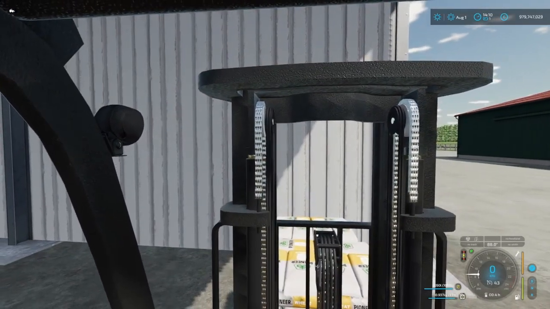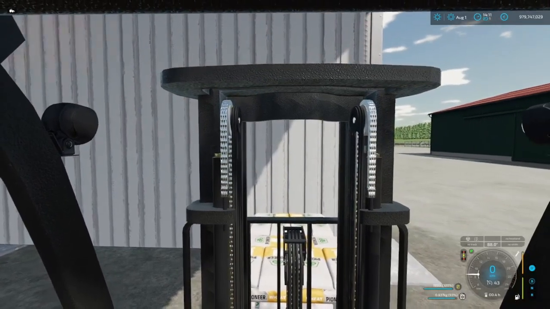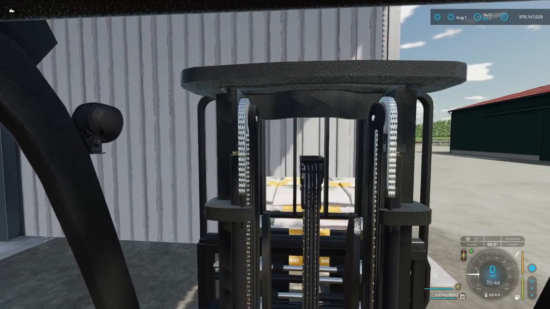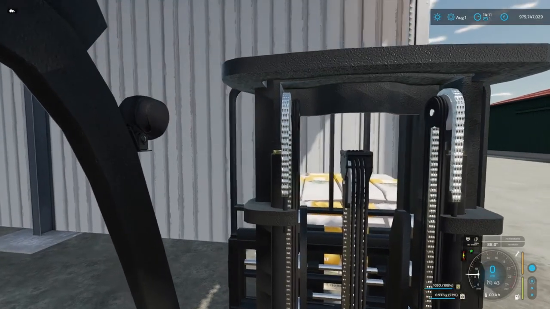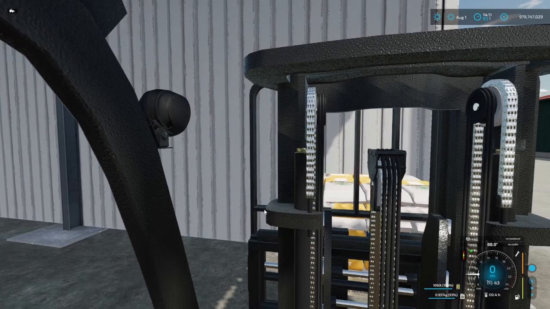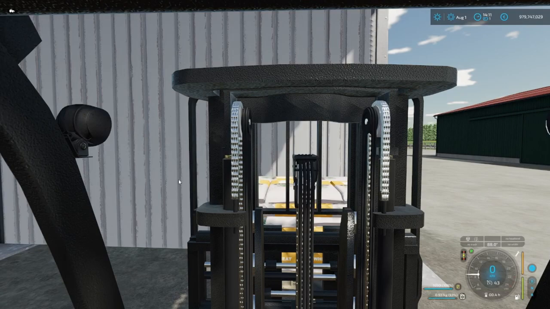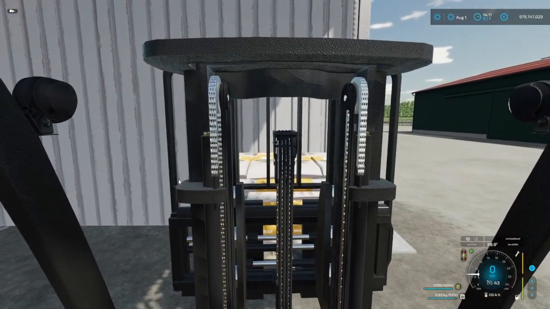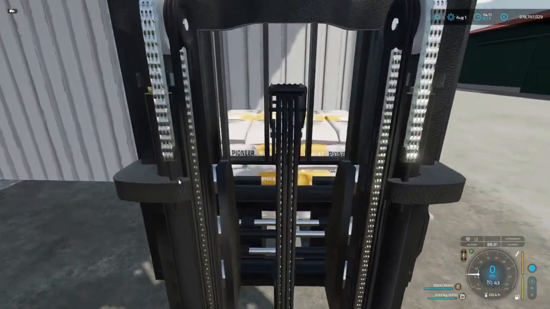Here you can use, okay, now I will lift it the appropriate distance. Here it's when this intersects the middle, like here, it's more or less in the middle of that metal part here. Then I know I have lifted the pallet high enough so that it won't be too high, but high enough to get over the